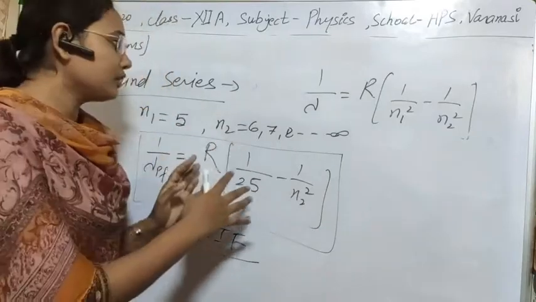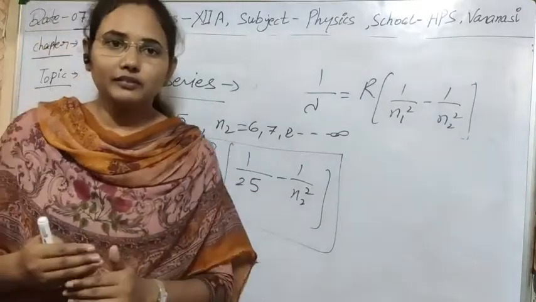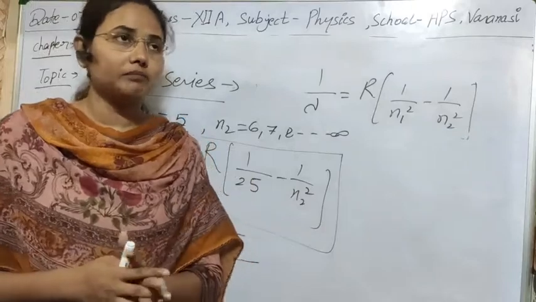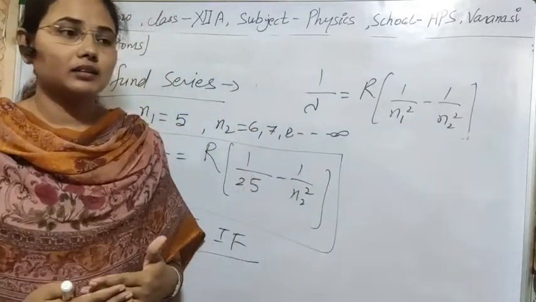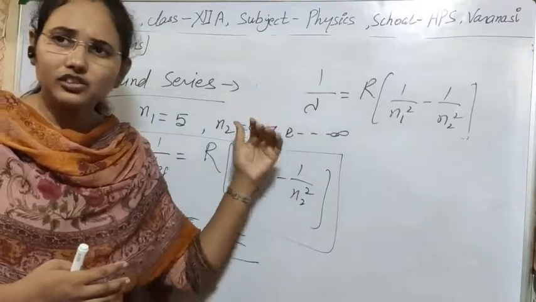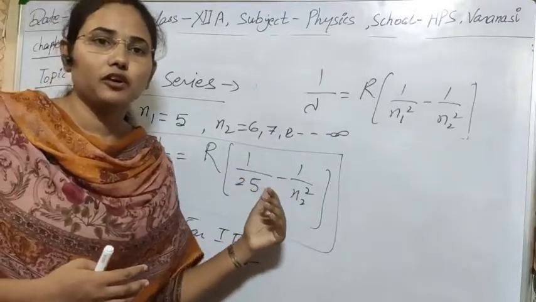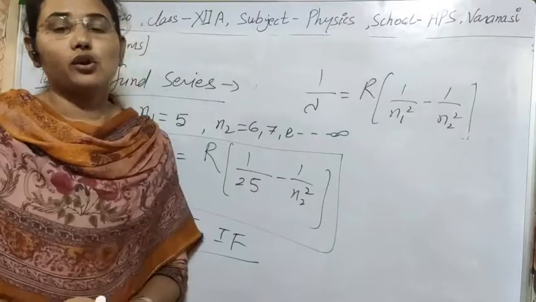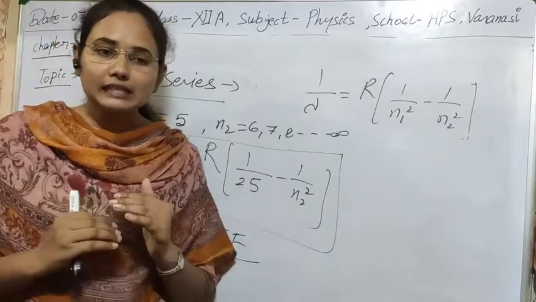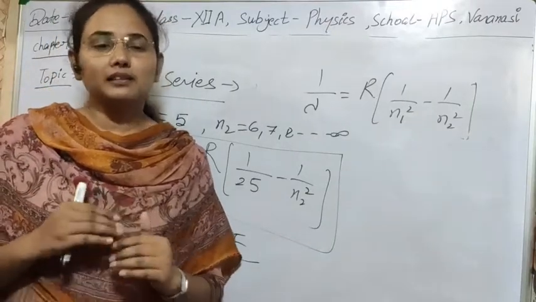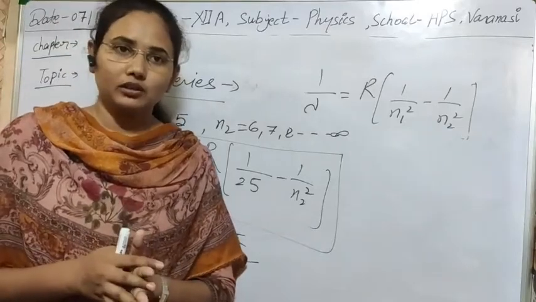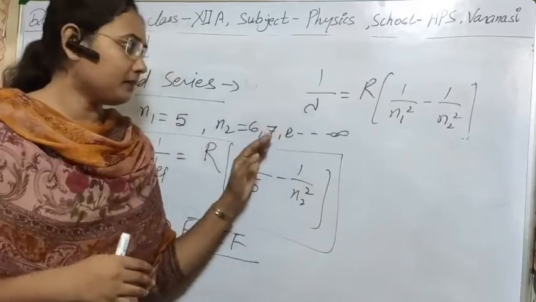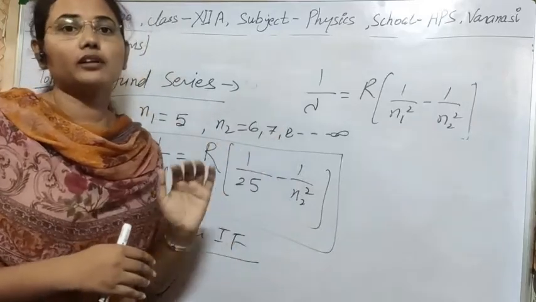So if this is clear to you, now let's see a tool which is called the energy level diagram, which helps us to easily understand the transitions of electrons from higher to lower states, or simply we can easily understand the spectra of any atom or any electron. So let's see the energy level diagram.